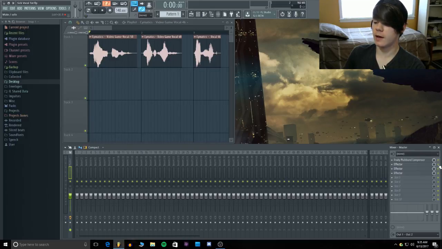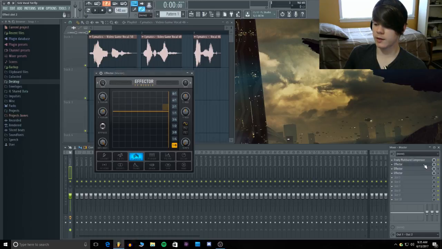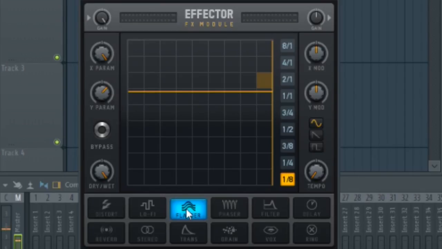It's all in Effector, and I haven't done too much with Effector before, but it's very powerful. Like, there's some really cool effects and really awesome stuff you can do in this plugin. It's just a small little plugin. It doesn't take up a lot of CPU. It's good. So for the first effect, I have a flanger selected, and what I'm doing here is